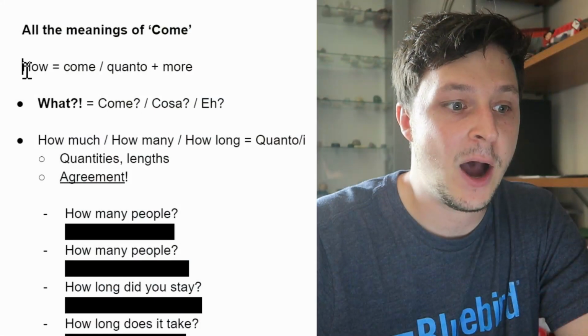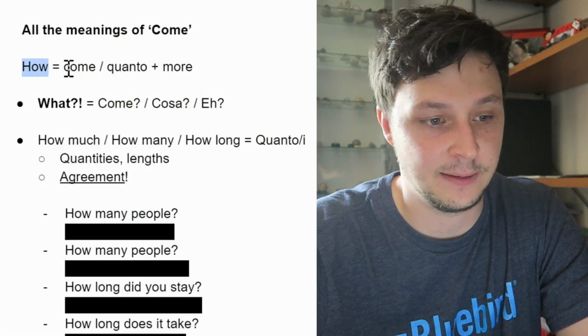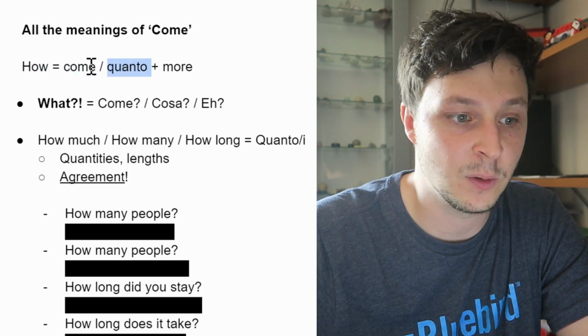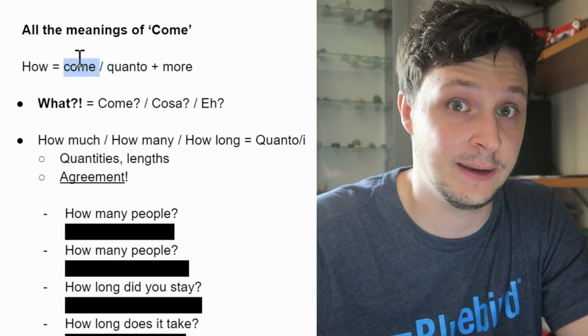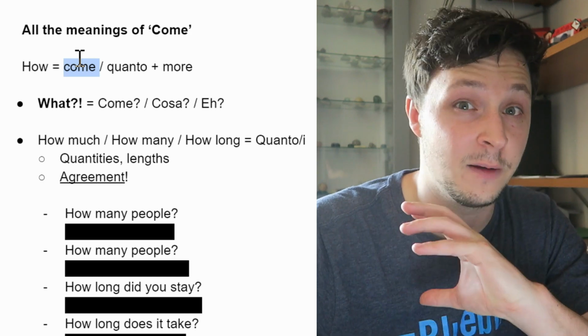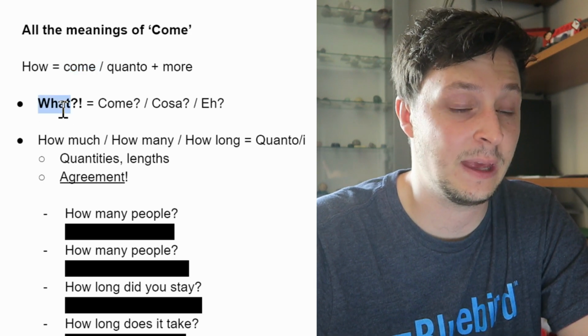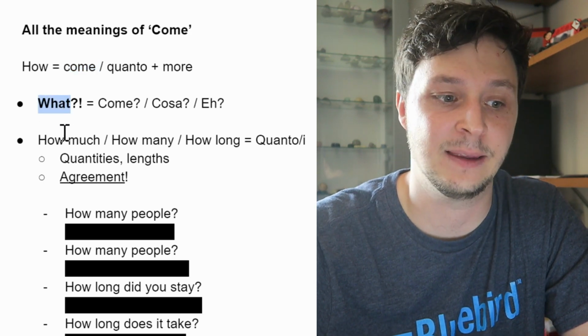We're back today to discuss all the meanings of come or quanto or how. How do you make these translations in Italian? Let's start right away. So how could be translated sometimes as come, sometimes as quanto. Come itself has so many different meanings. We're going to unpack all of that, starting with if you say what, if you don't understand something, you could